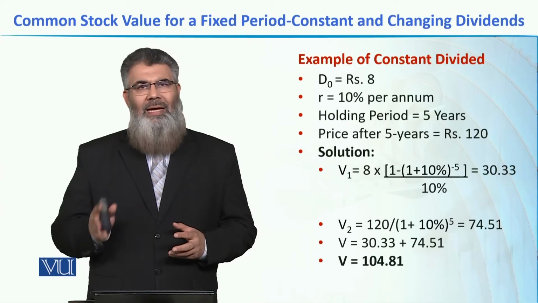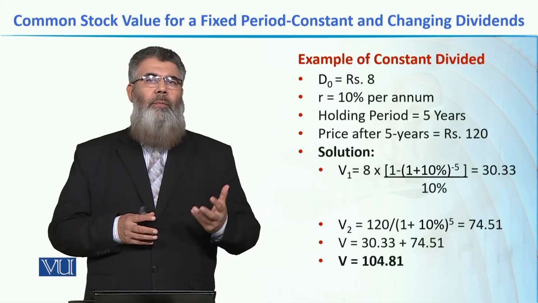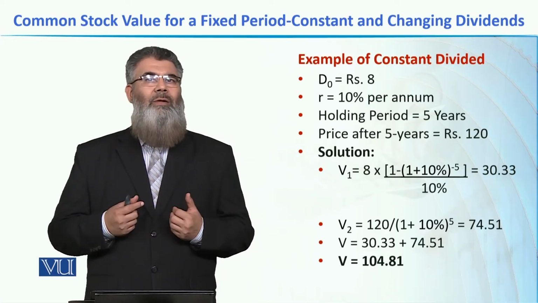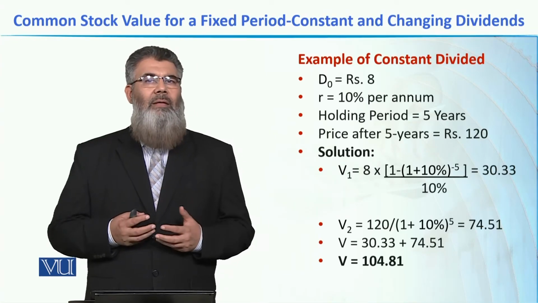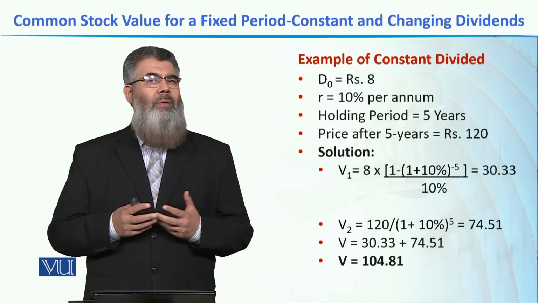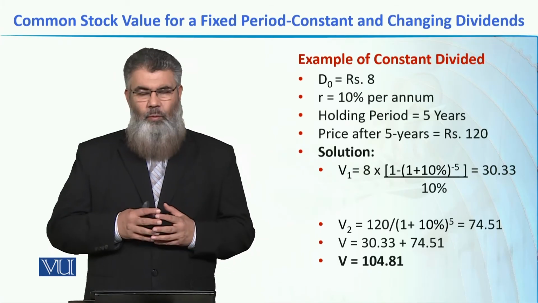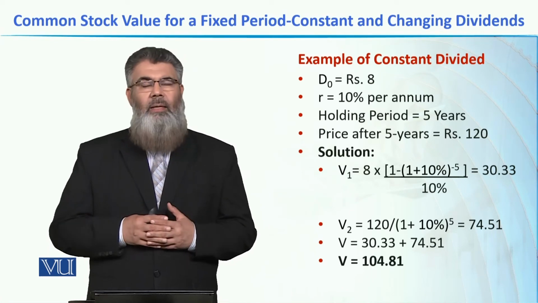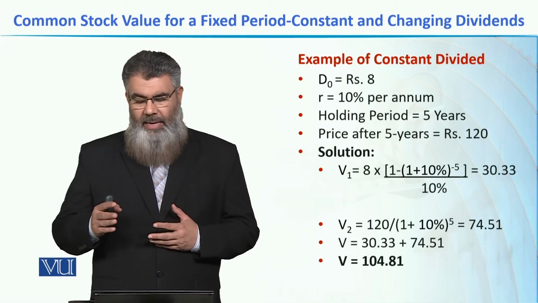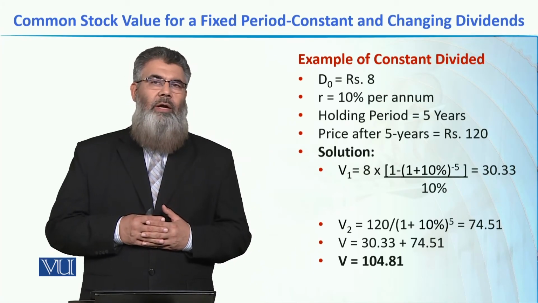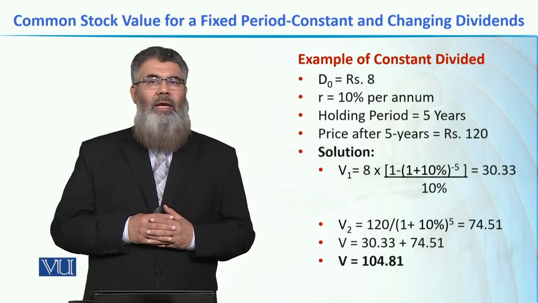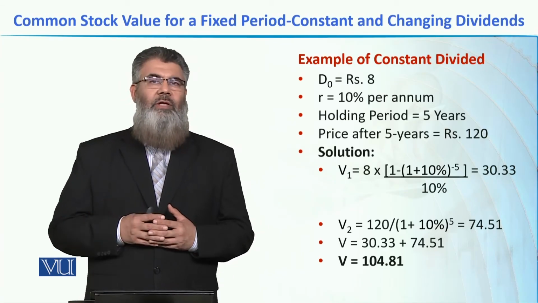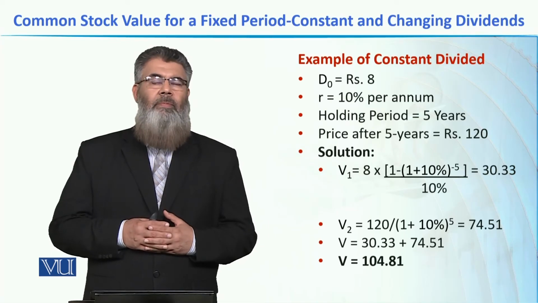So this is the first part of the total value of this common stock, which is the present value of the dividends. The second part is the present value of the price that we will get at the end of this holding period, and this will be one single amount. So we will apply the present value formula of discounting a single amount. In this case, this is 120 divided by the discounting factor, which is 1 plus 10% raised to the power 5. And the answer we get is 74.51 rupees. So the total intrinsic value of this common stock with a holding period of 5 years is 30.33 plus 74.51, and that is